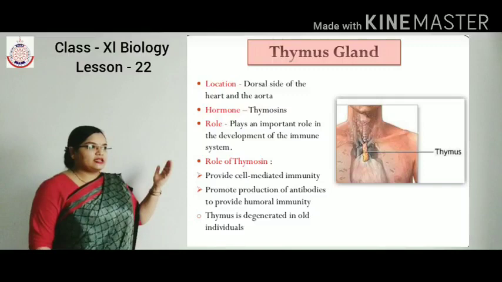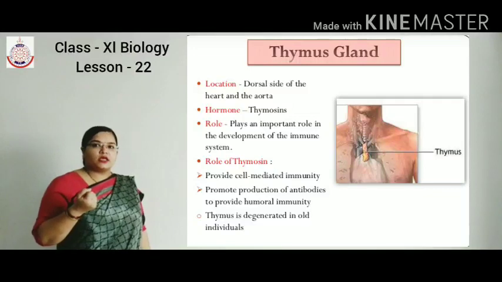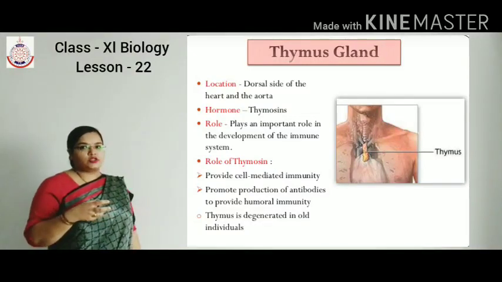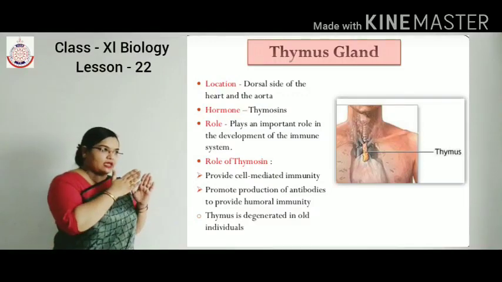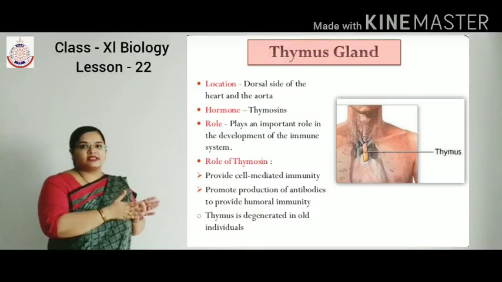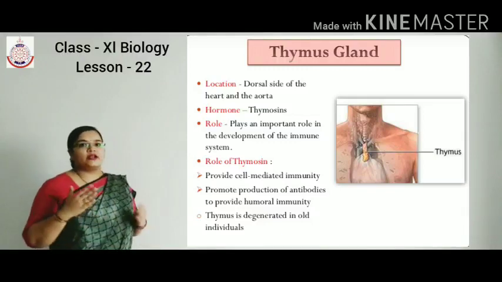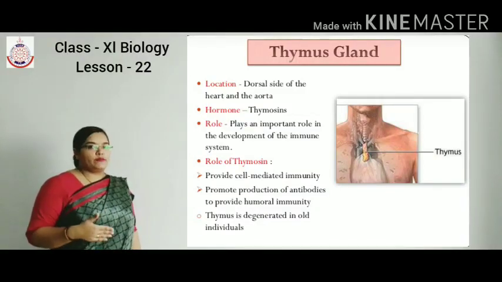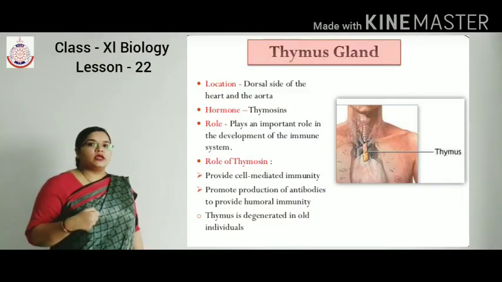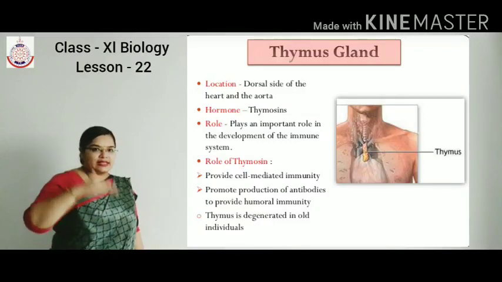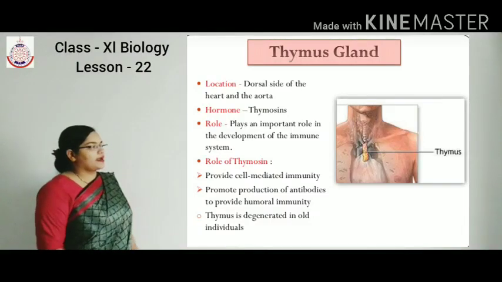Now, as the age of the person increases, the size of the thymus gland decreases. And in infants also the size of the thymus gland is small. So in older age and in infants and younger children, the size of the thymus gland is small. That's why infants and older people have low immunity, because the size of the thymus gland is small, which results in less immune response to diseases. Okay, with this the thymus gland is complete.